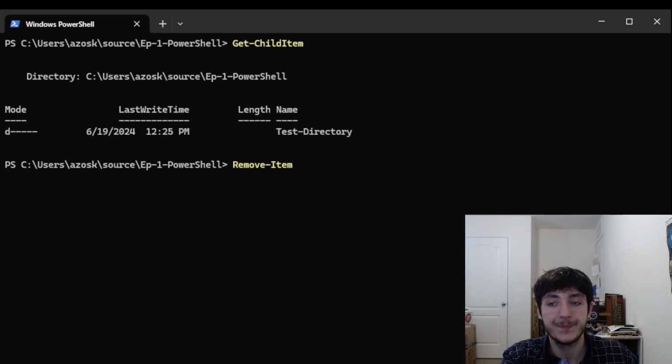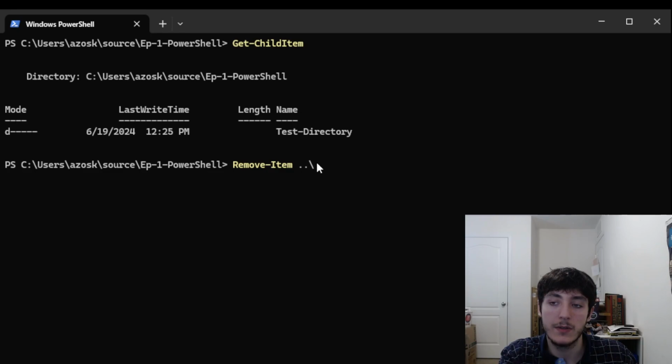So we'll do Remove-Item, 2 dots, backslash, and now right here I want to show you what I'm referencing. These 2 periods represent the parent directory. In our present working directory, which is ep-1-PowerShell, we're reaching into that directory with this backslash. So with these 2 dots, that's our parent directory, we're entering the path of our parent directory, and we'll do,